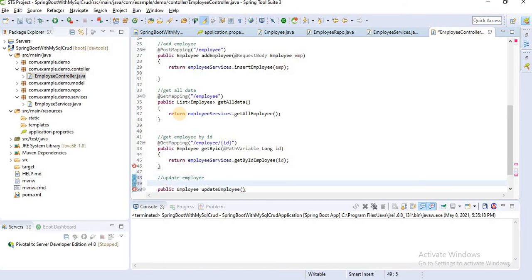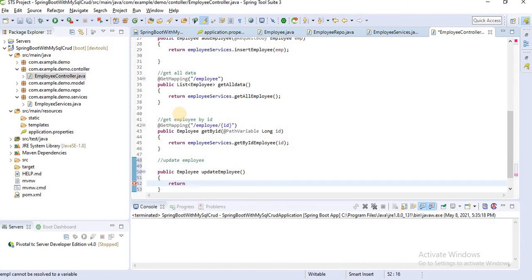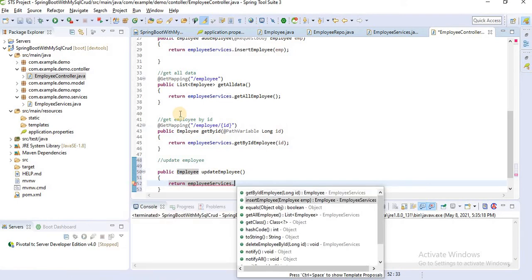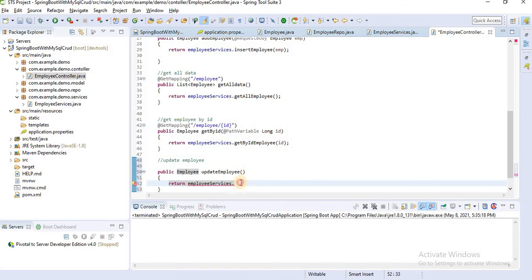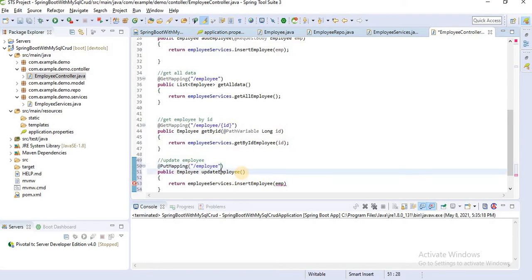Here we are using return employeeService.update, okay, insert employee. @PutMapping /employee, and here @RequestBody.